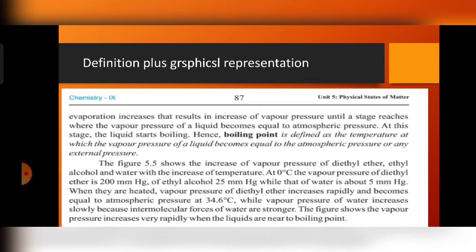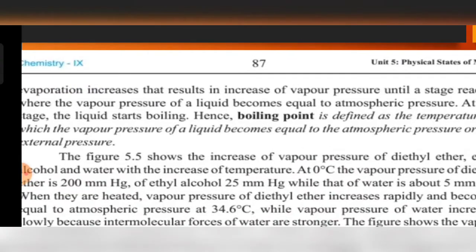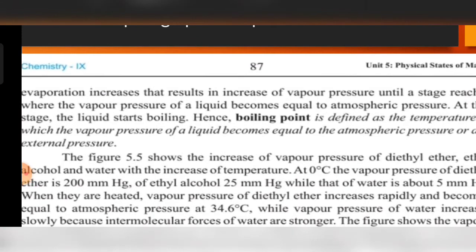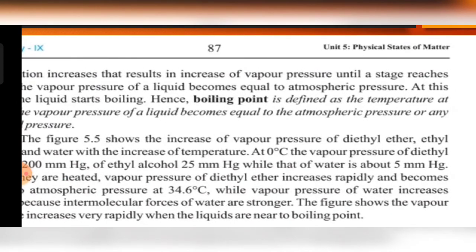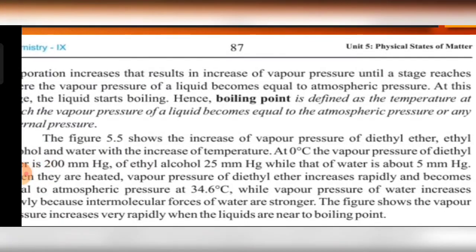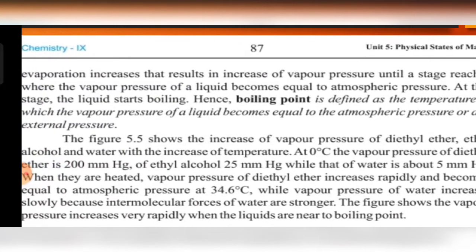Next, the graphical representation. Boiling point is defined as the temperature at which the vapor pressure of a liquid becomes equal to the atmospheric pressure or any external pressure. The next heading is graphical representation, in which we discuss the boiling point and vapor pressure of different